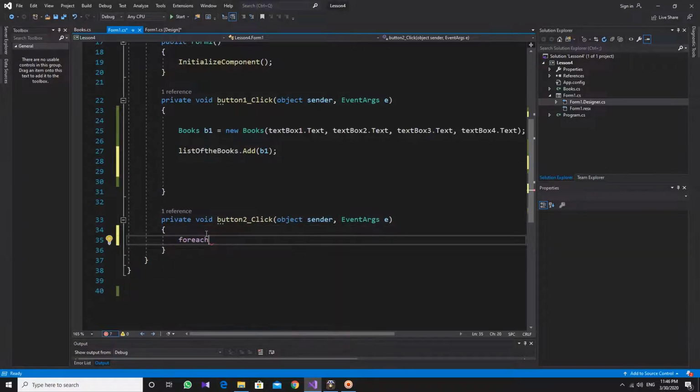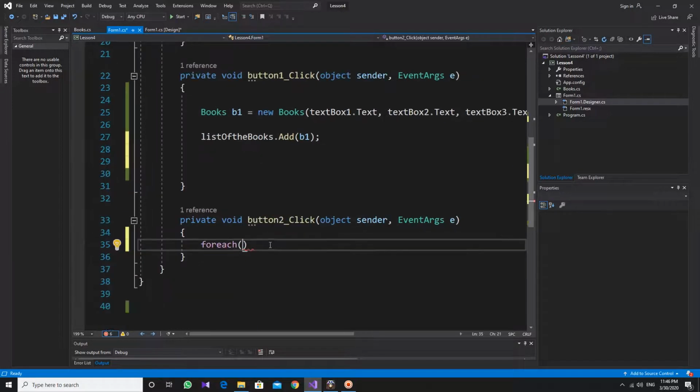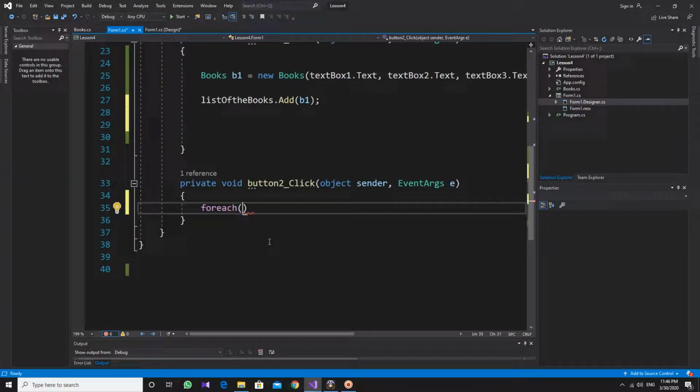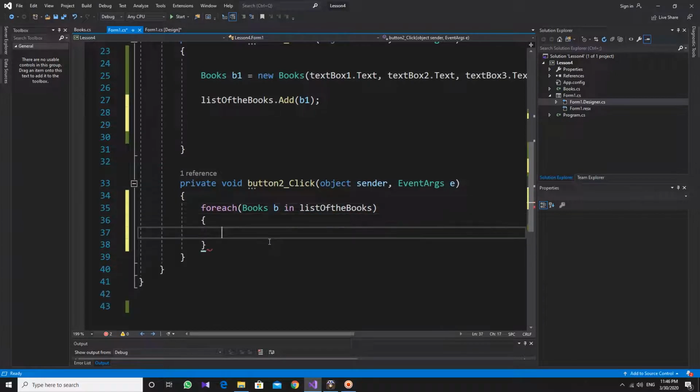For each, look, focus, really, as Mr. Deep says, are you with me? Be with me, please. So for each books is kind of English, as you can see. For each books, B, for example, we should put a name for that, B. For each books B in list of books, what to do? Very simple, just list box 1,